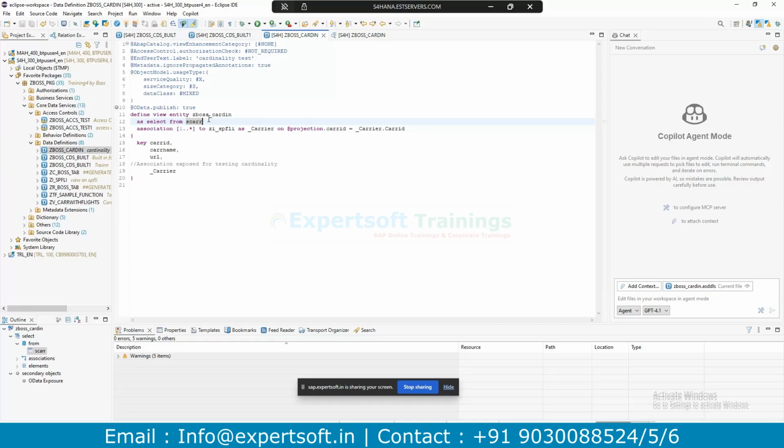It's just to navigate from one entity to another. If you want to define a parent and child, then composition will come into the picture. When we create the wrap objects and want to populate the parent and child, VBAK, both together, then composition will be used there, not an association. Okay.